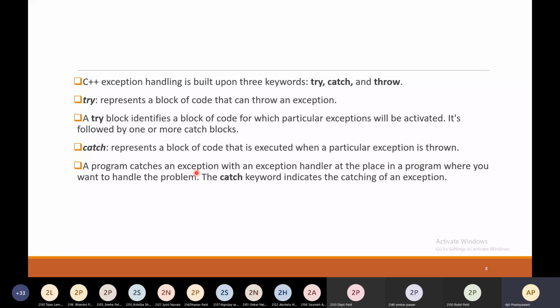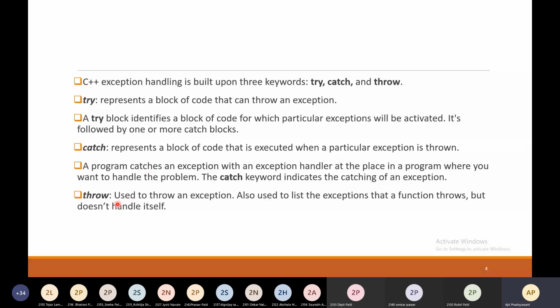A program catches an exception with an exception handler at the place in a program where you want to handle the exception. The catch keyword indicates the catching of an exception. So if an exception occurs, it will be thrown from the try block to the catch block, and the catch block will handle that particular exception.